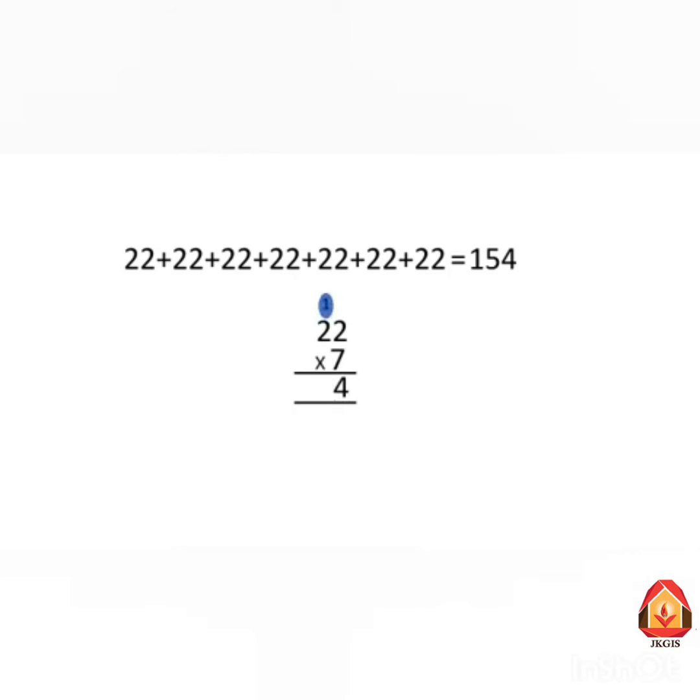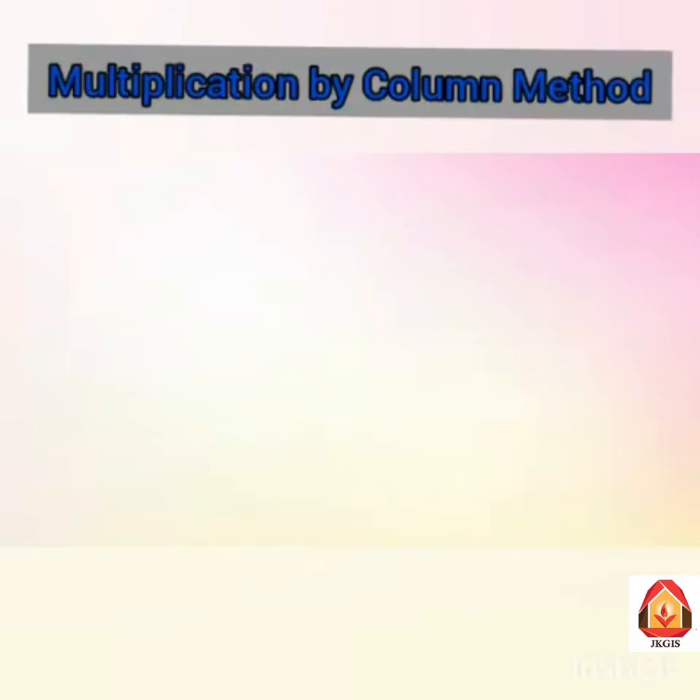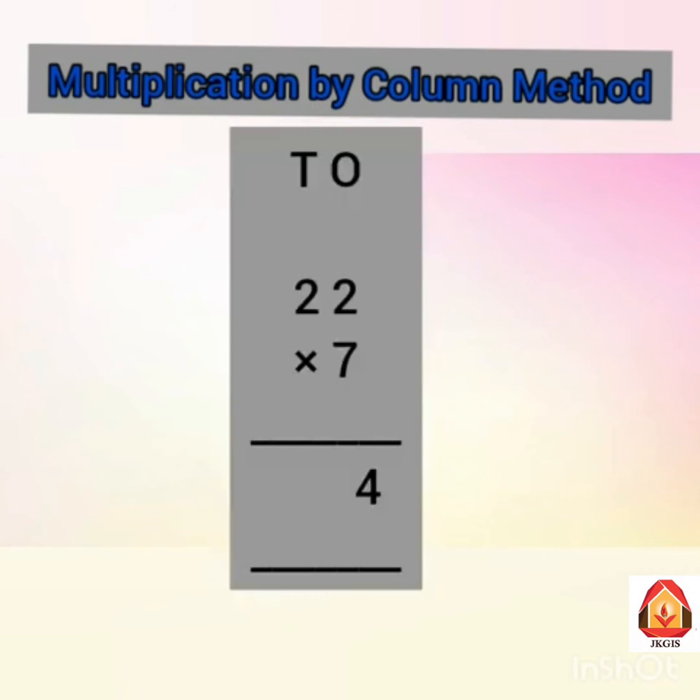Let us see how we multiply through the column method. First multiply 2 by 7, which is equal to 14, in the ones column. Write 4 of 14 in the ones column and carry 1 above the tens column. Then multiply 2 by 7, which is equal to 14, and add 1, that is equal to 15. Write 15 under the tens column. So 22 multiplied by 7 is equal to